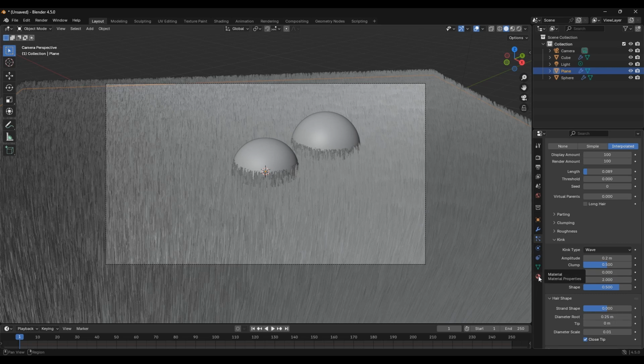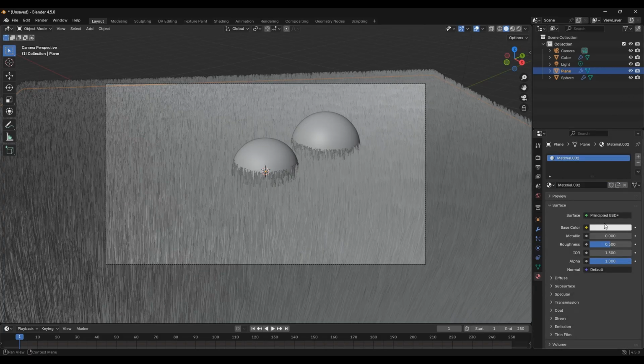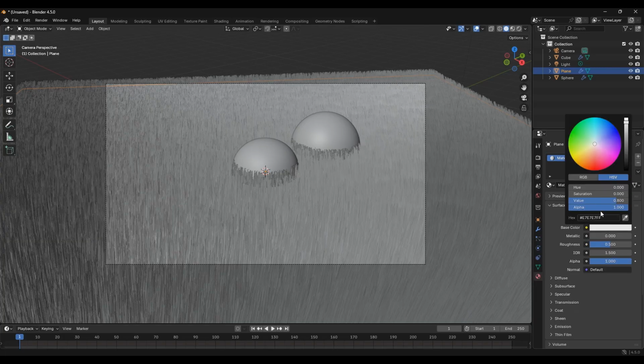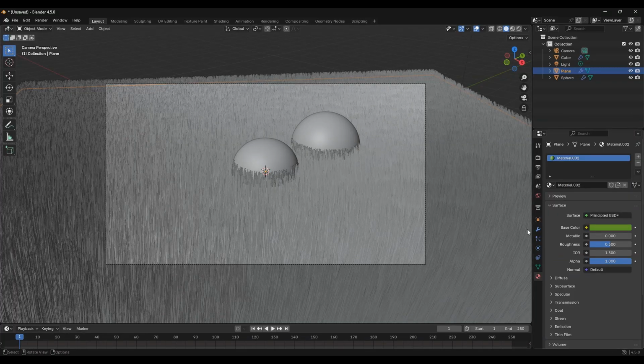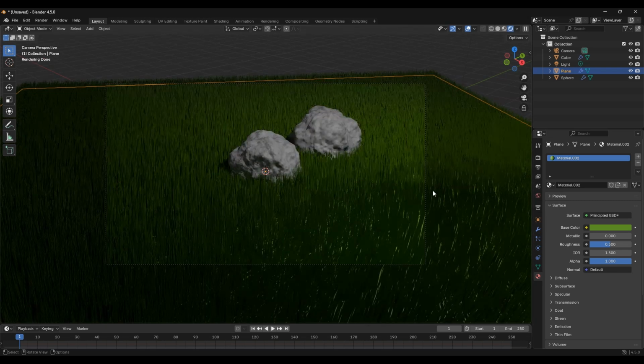And let's go under the material panel right here, and we will add a new shader, and we'll bring this to around where the green and the yellow are starting to sort of intersect, and we'll bring this down a little bit. I like that. And then we'll go into rendered view mode. Yeah,